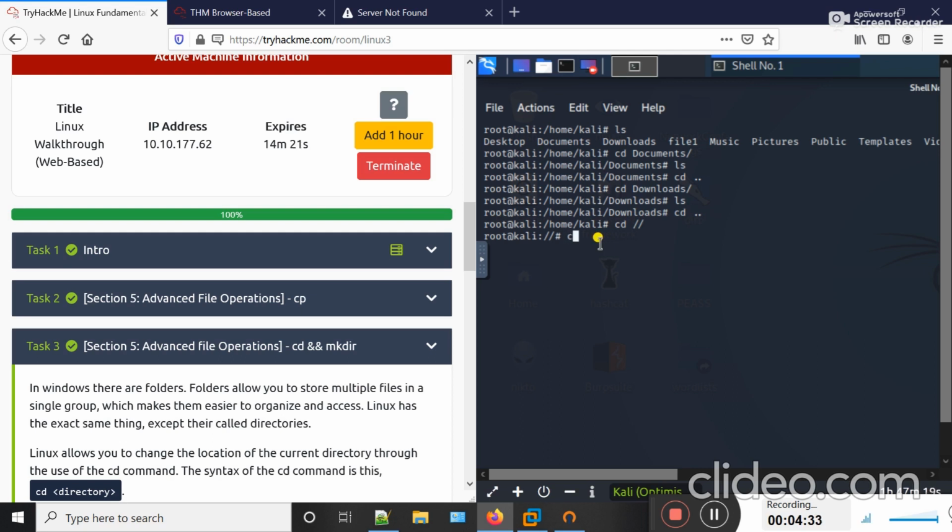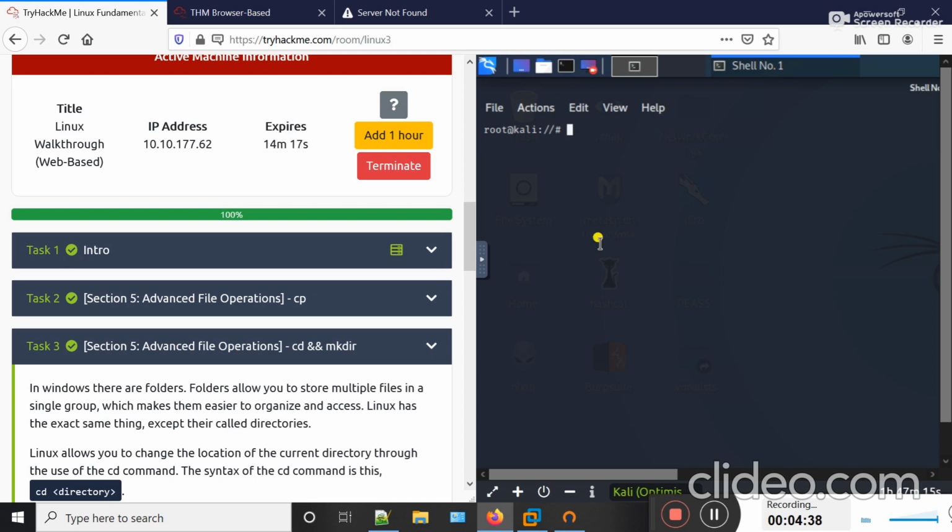Okay, now let's try the mkdir command. Basically, the mkdir command is used to create a new directory. If I type mkdir newdir and hit enter and then type ls, you can see that a new directory is created on root. You can see newdir is present here.